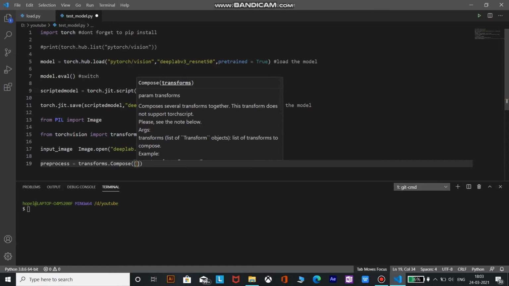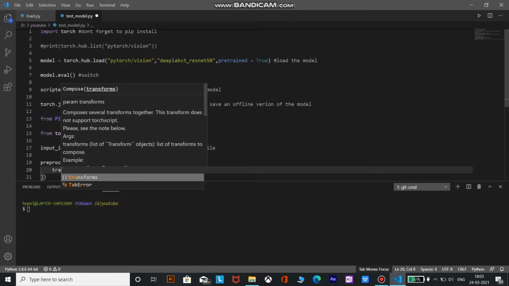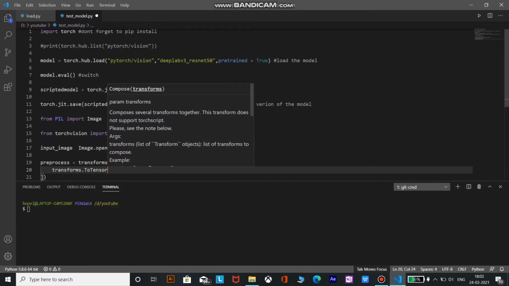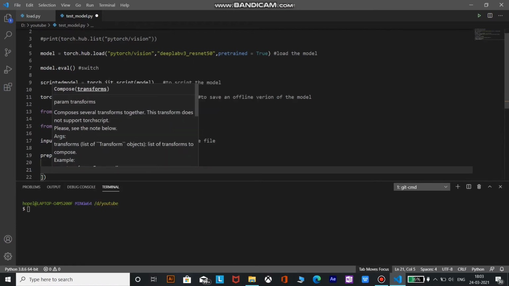The first transformation we are going to apply is transforms.ToTensor. What it does is it is used to convert a PIL image or NumPy ndarray to tensor. What is a tensor? A tensor is a vector or matrix of n dimensions that represents all types of data. All values in a tensor hold an identical data type with a known or partially known shape. The shape of data is the dimensionality of the matrix or the array.